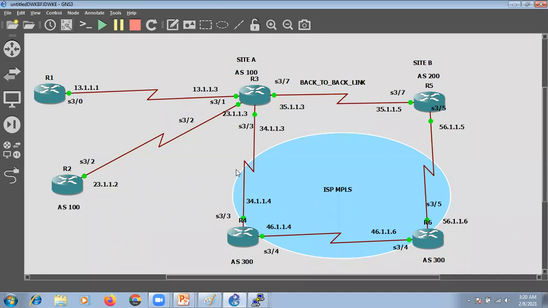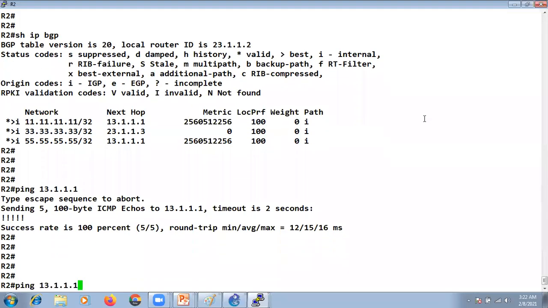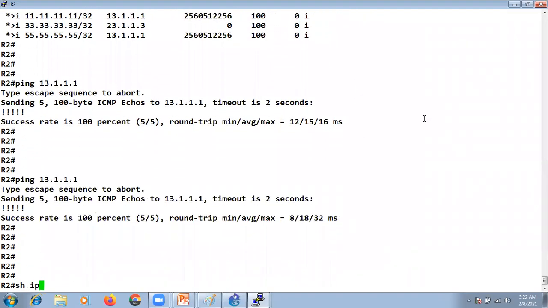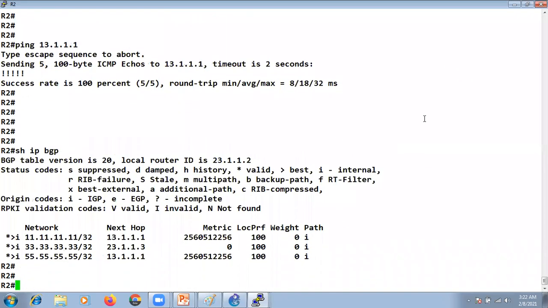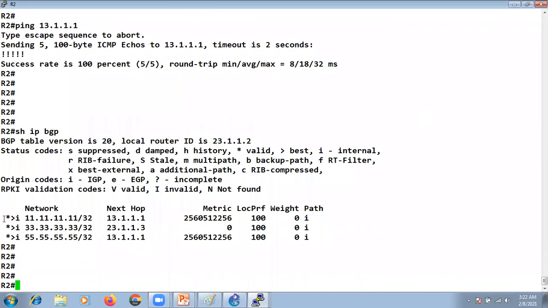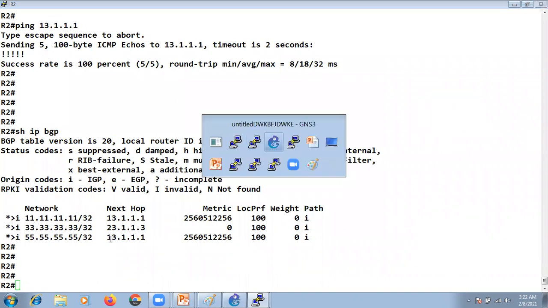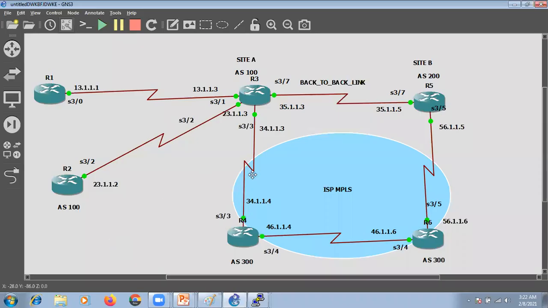Okay, so now we do have the reachability to our next hop, right? So now you can see these routes are the best routes. Okay, so let's come back to our main discussion.